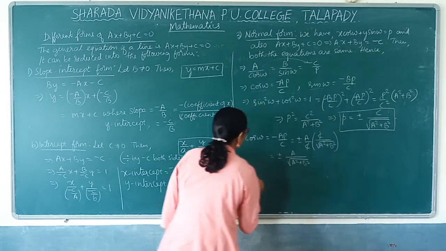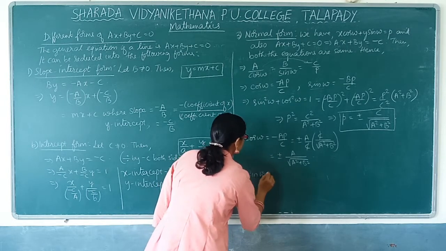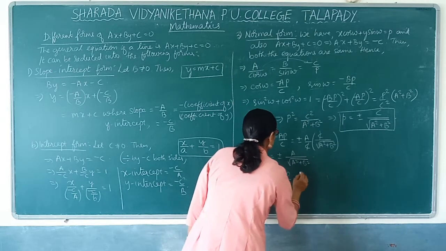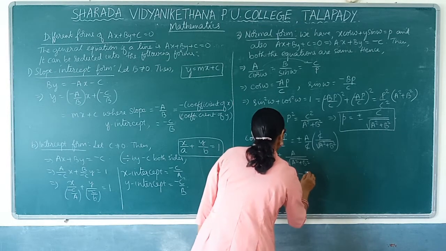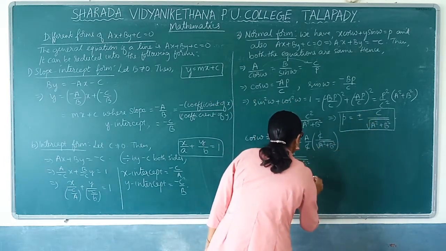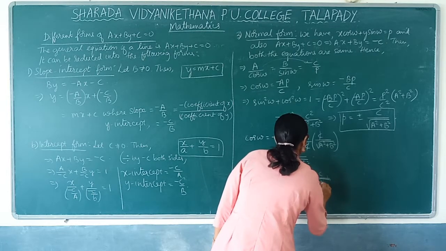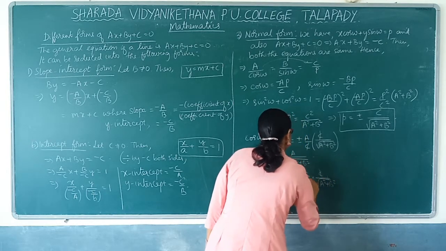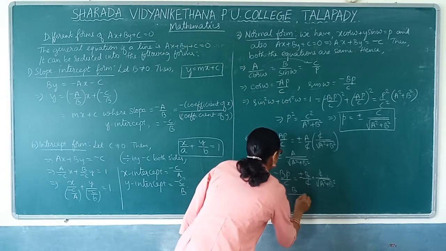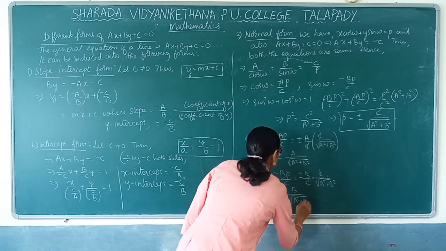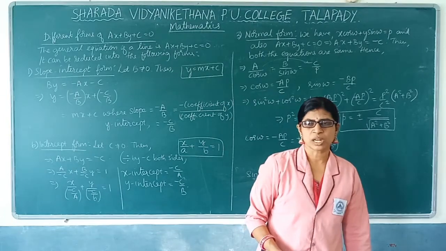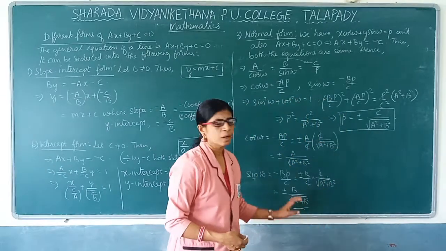Now we also want sin omega. In the same way we have to reduce the sin omega formula. That is nothing but minus bp by c. So minus b by c, into plus or minus c by root of a square plus b square. So c here also gets cancelled. So what is left? Sin omega is nothing but plus or minus b by root of a square plus b square. So here we come to the end of this. We have reduced sin omega, we have reduced cos omega, and we have got the p value. p is the perpendicular distance.